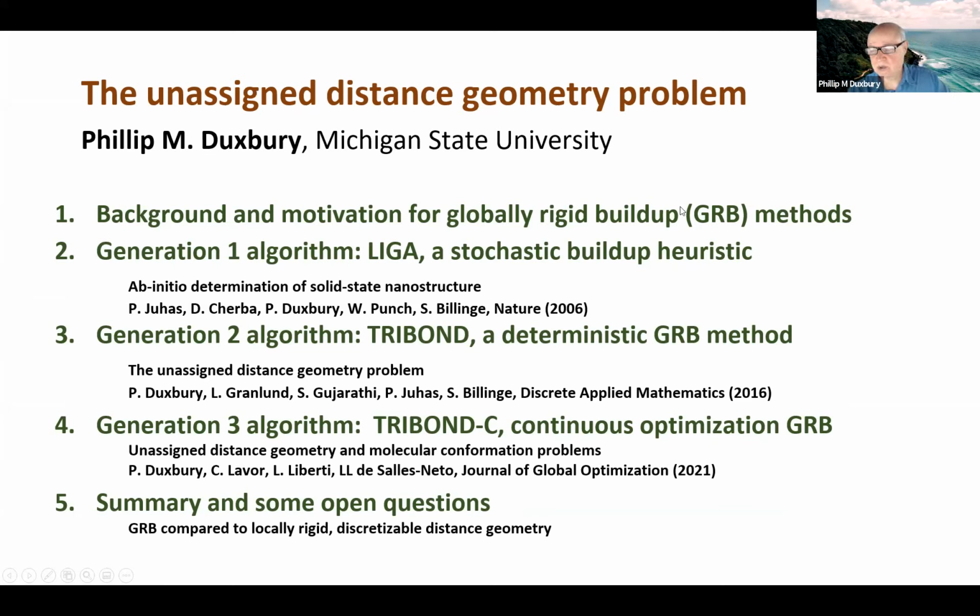And in doing so, we realized we had to work with a problem that's slightly different than the one Leo emphasized, and that is a problem where we do not know the underlying graph. And we called that problem the unassigned distance geometry problem. And it's been around in the literature a little bit, and so I'll point to where it has occurred in the past. In attempting to solve the problem, we looked at the experimental data from the experiments that Simon Billinger